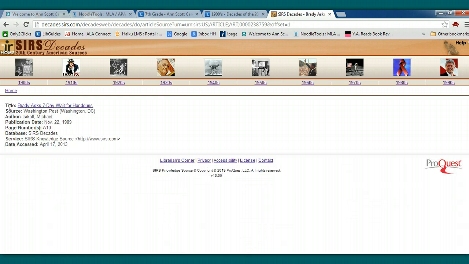It's really slow, sorry. And now we can get the information about the article. So the title is Brady Asks for 7-Day Wait for Handguns. So you can actually copy the title,